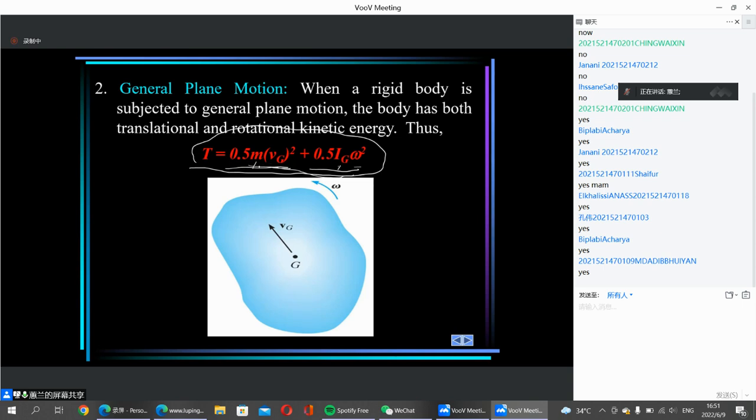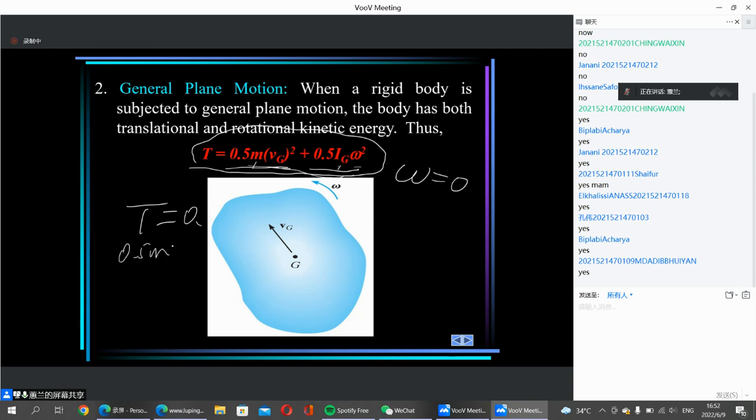When the rigid body is doing pure translation, the angular velocity equals zero, there will be no angular velocity. So for pure translation, the kinetic energy will